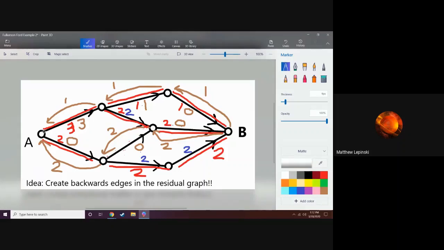So I've added 2, subtracted 2 because I was using a backtrack here, added 2,